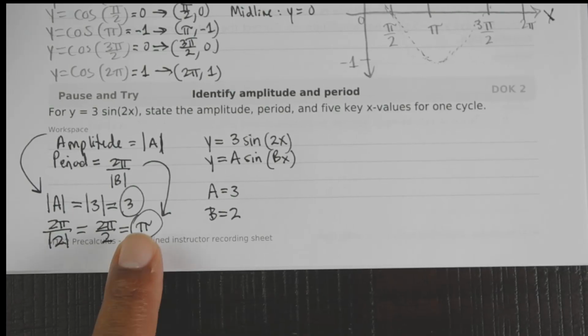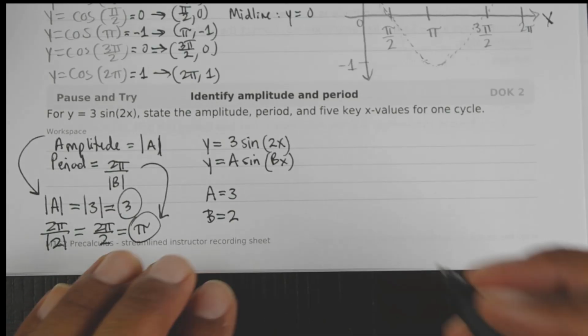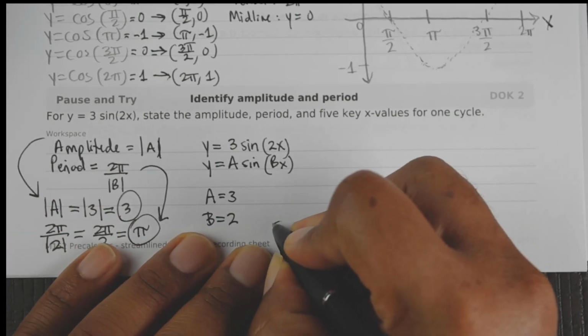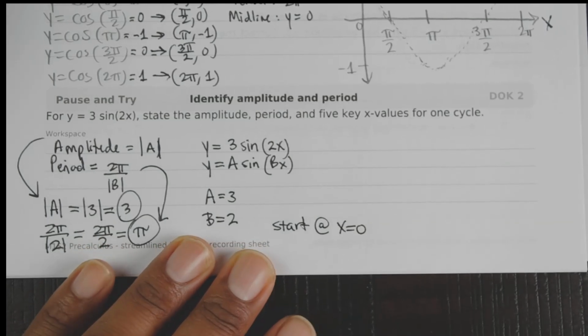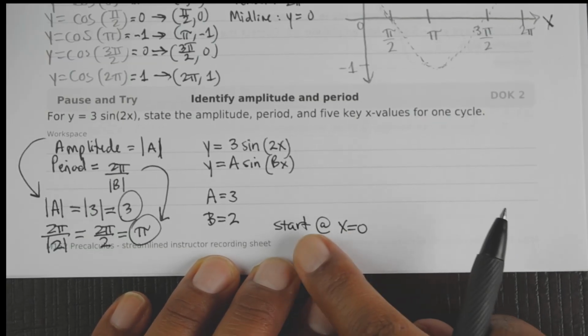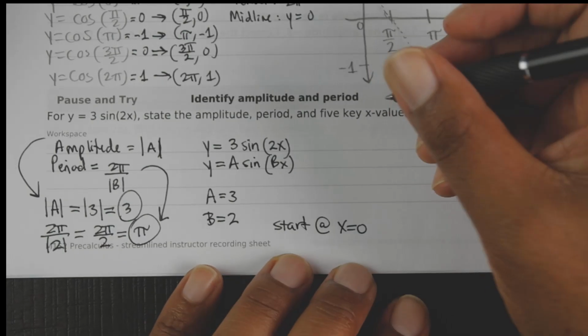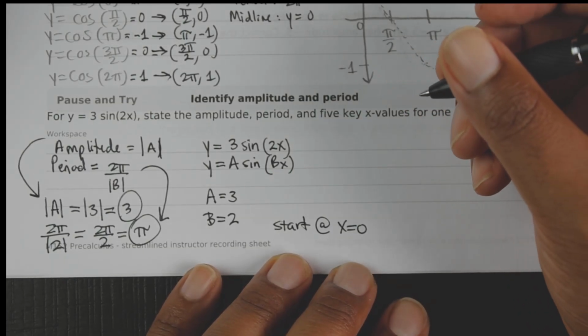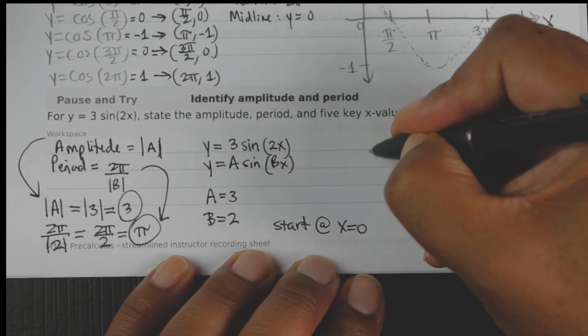Okay, so a quarter of pi would be pi divided by 4, right? So if we wanted 5 key values, let's just say we start at x equals 0, and that's just the safest way to do it, to start at x equals 0 each time. If you have to come up with 5 key x values, we could essentially say those 5 key x values would be